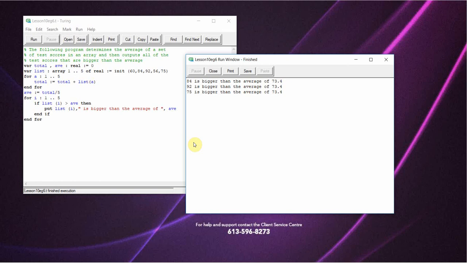That's an introduction to arrays, how we can set them up in Turing, how we can fill them with integers, reals, or strings, and then use them